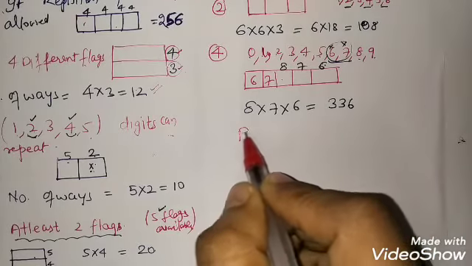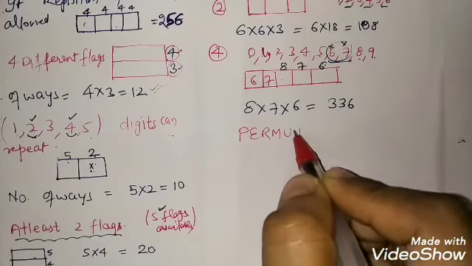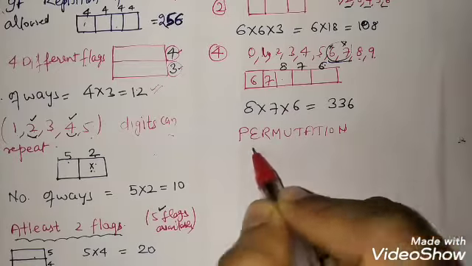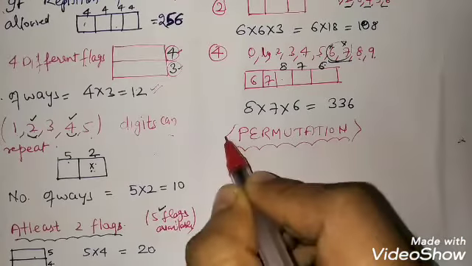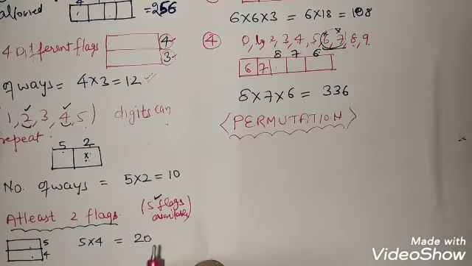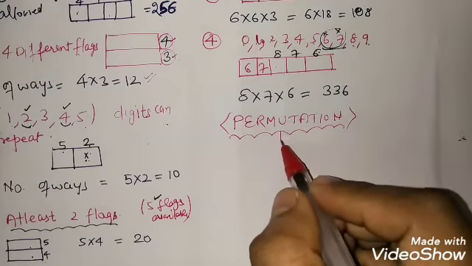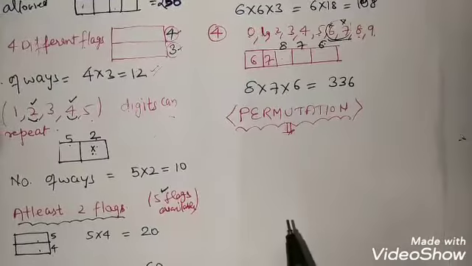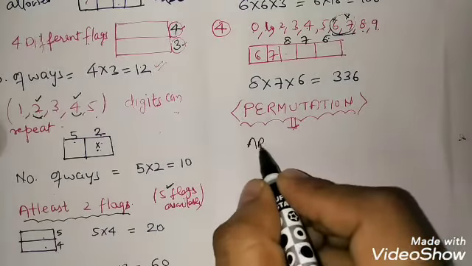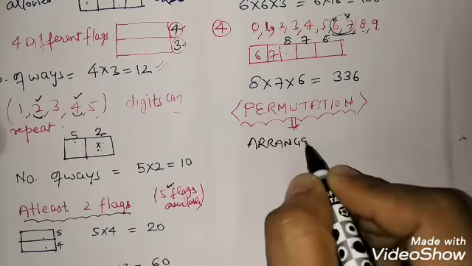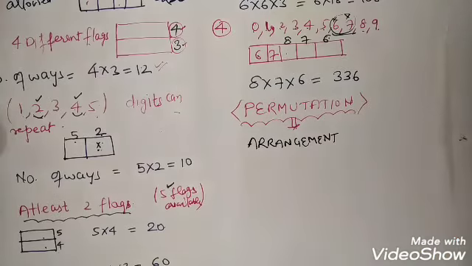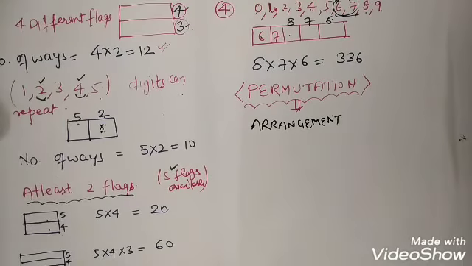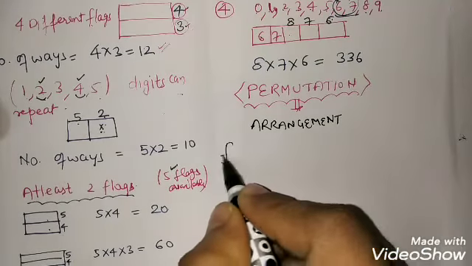For permutation, I am starting permutation. What it says is permutation, as I already told you. What is permutation? Permutation is nothing but arrangements of something. It's nothing but the arrangement of something is called permutation. Okay. We can arrange the things. We need some introduction. First thing that we are going to do is factorial.